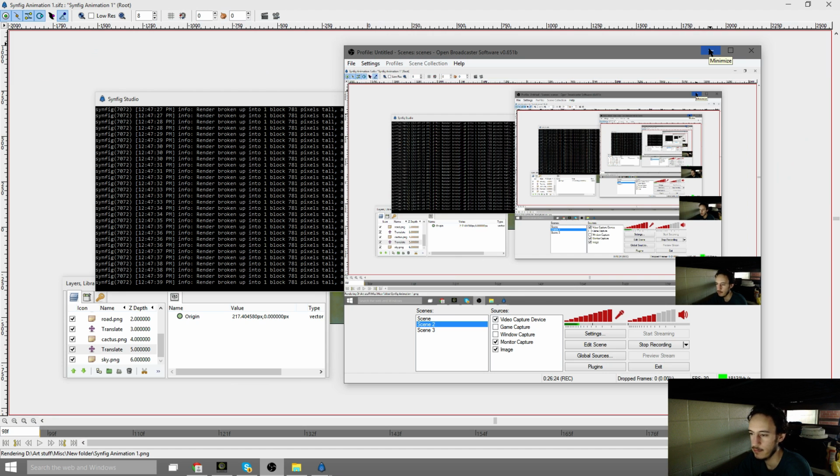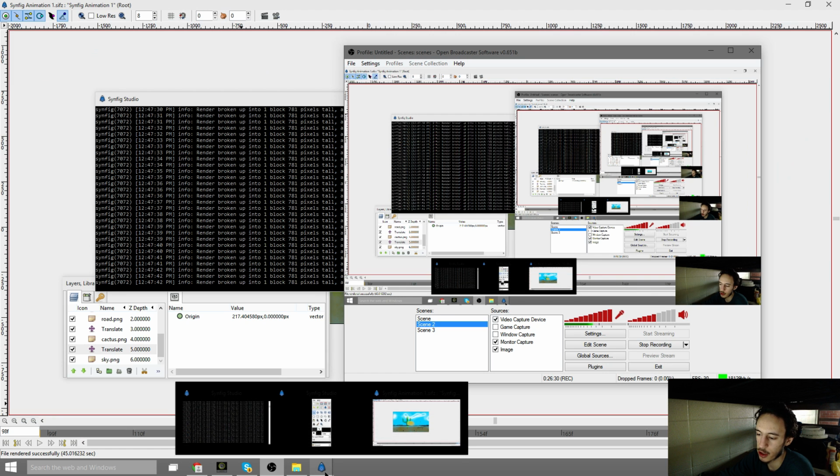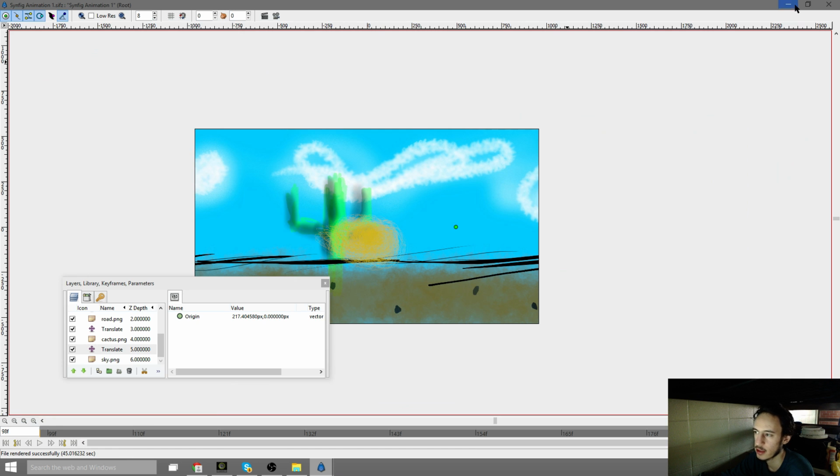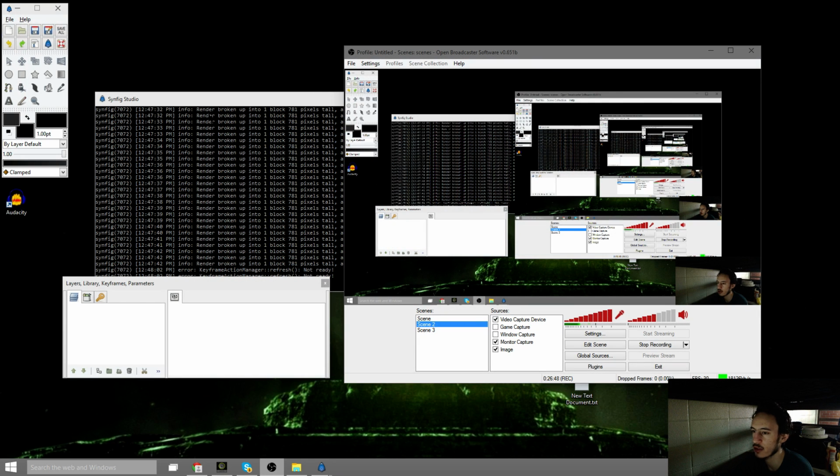So it's going to keep rendering the frames. And like I said, I'm not going to work on explaining how to make the sound effect or anything, but just kind of how to get it composite from paintings, whatnot, to being animated in a thing. So file rendered successfully. Took 45 seconds. So I can close that,